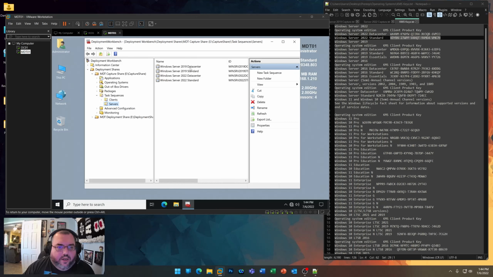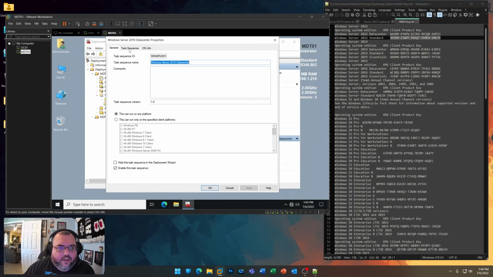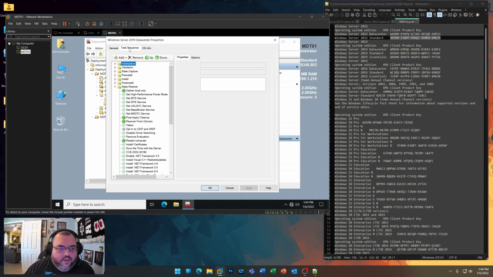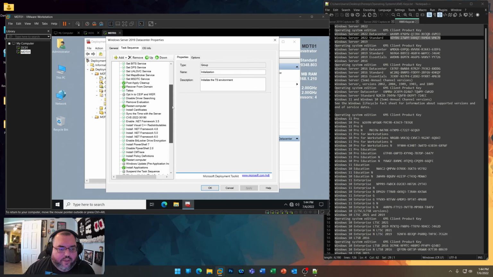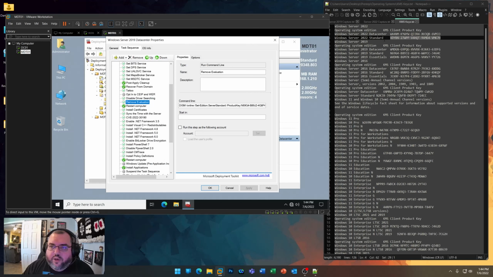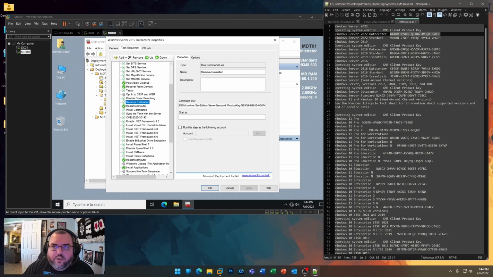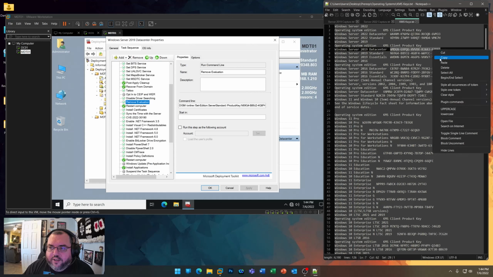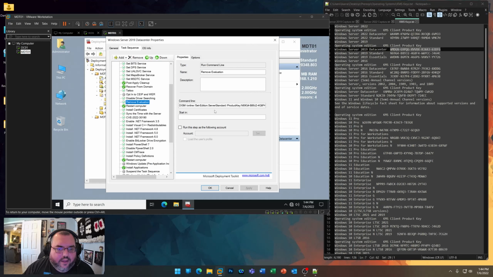Go to our data center task sequence, and we only have to change one thing in here, and that's our remove evaluation. Okay, so now we're using data center 2022, right? No, this is 2019, sorry. Data center 2019, just like that. Go over here and paste,